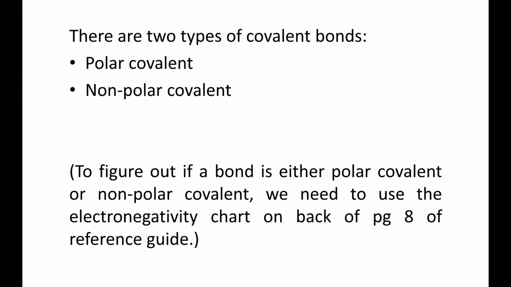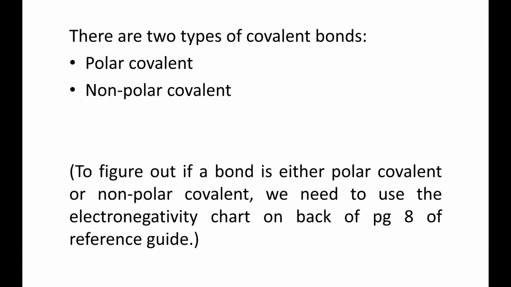Okay, tonight's notes are electronegativity and polarity. There are two types of covalent bonds: polar covalent and nonpolar covalent. We're going to have to use a little bit of math here. To figure out if a bond is either polar covalent or nonpolar covalent, we need to use the electronegativity